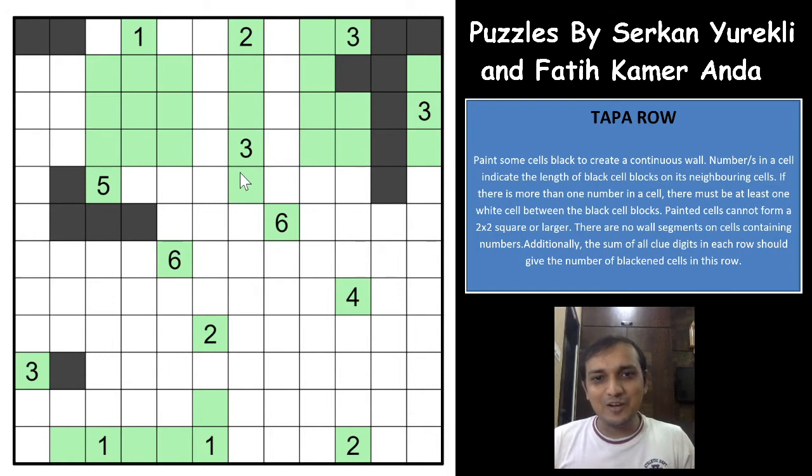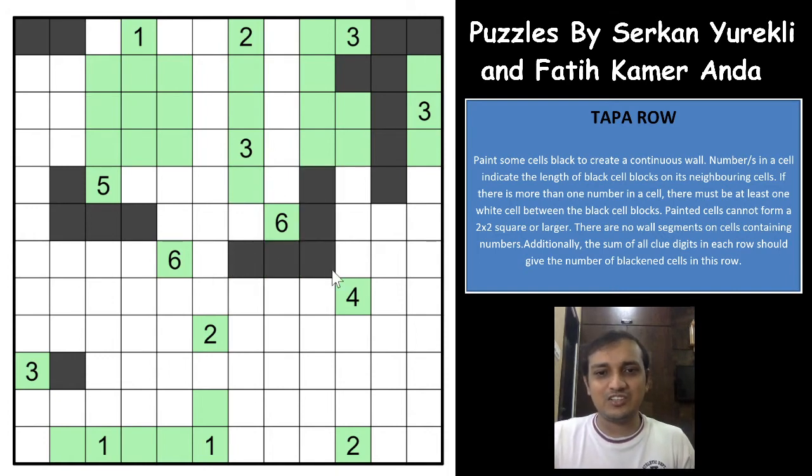And why is this helping us? Because for the 6 now, the common 5 cells are unshaded. These 5 cells will have to be shaded for the 6 now. That's excellent actually. So which means that for the 4 clue, this is shaded. So either these 4 will be shaded or these 4 will be shaded, or these 4 will be shaded, and in all the cases this will be unshaded. That's nice.